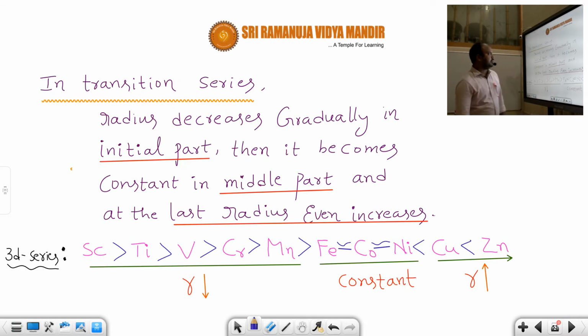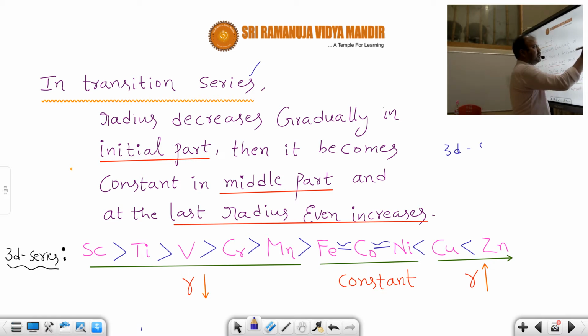D block elements. D block elements are also called transition elements. Which are the transition elements? Between the s block elements and p block elements, what will be there? That is called the d block elements or transition elements. I had already narrated this in periodic classification. Now we are going to discuss periodic properties. Generally, transition elements have 4 series: 3d series, 4d series, 5d series, 6d series. Now have a look at that. What does 3d series mean?